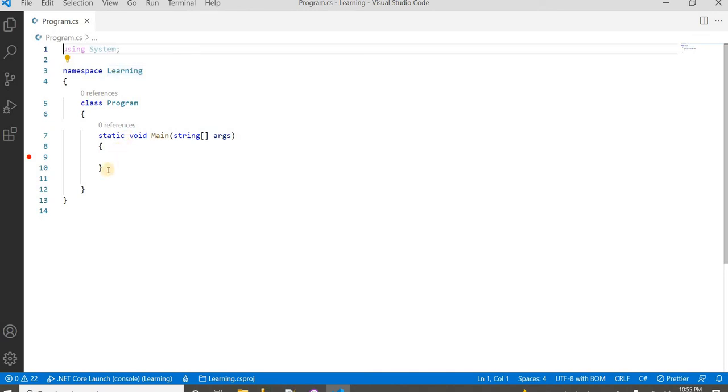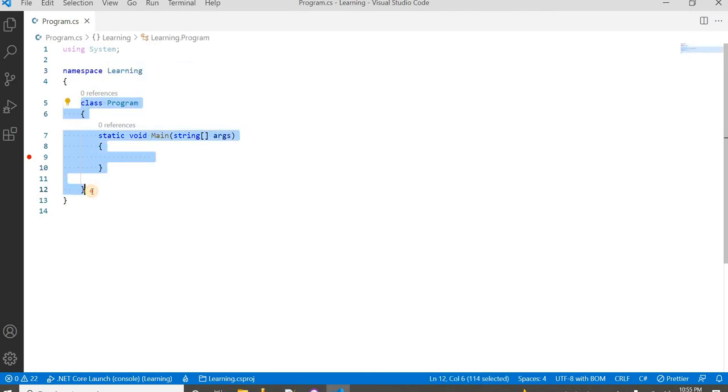First we will go toward the method. Like this is one method inside the program class. A class is the collection of methods or collection of properties, and a namespace is the collection of classes. I can create multiple classes inside this scope, that is the scope of the namespace.